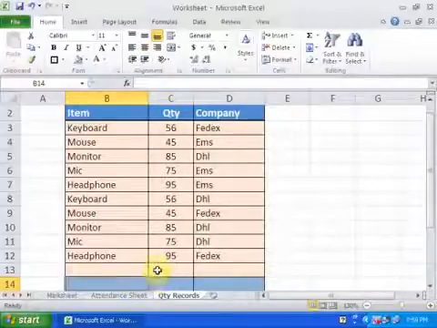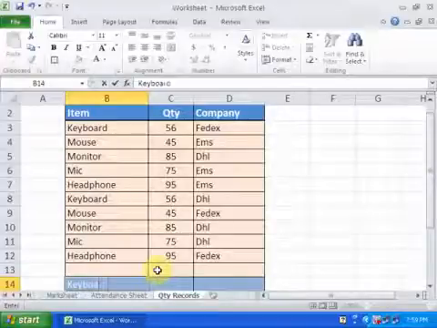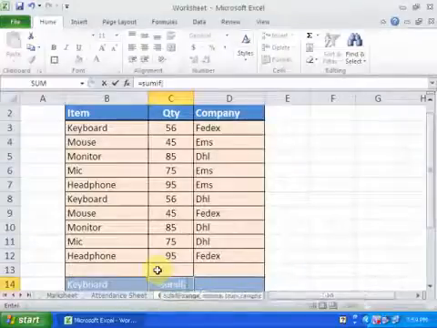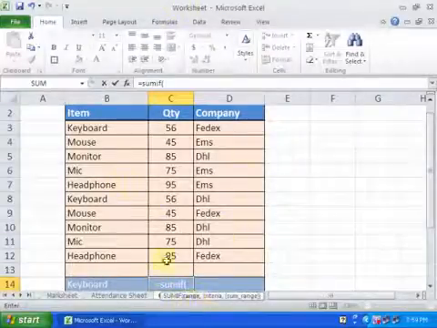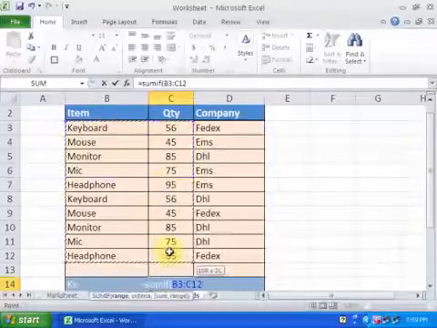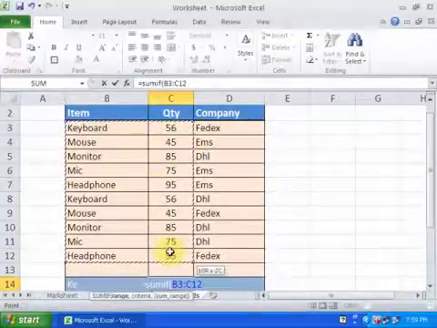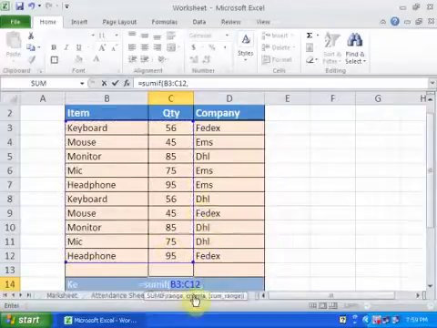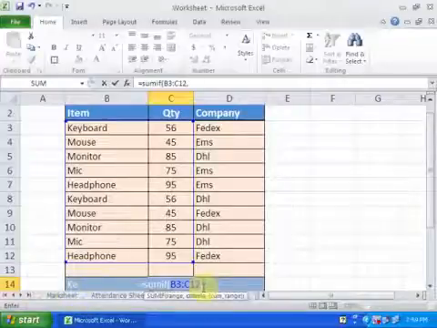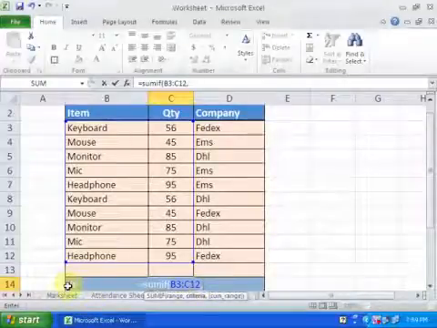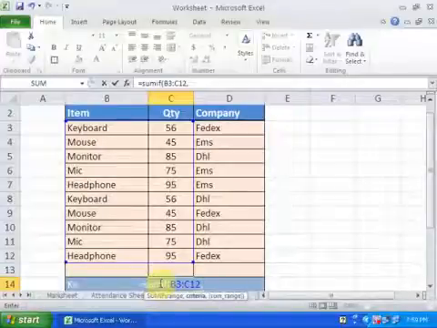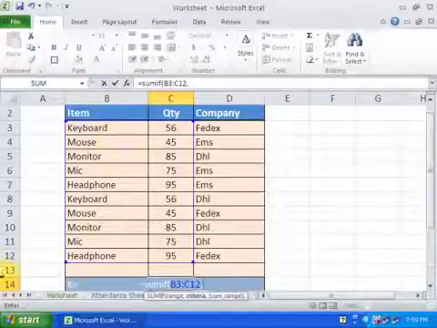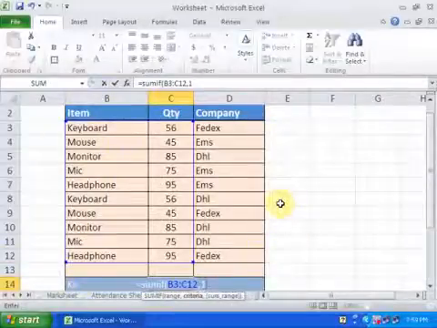Just type keyboard here and type the equals sign, SUMIF function. It will ask you the range. Just select this range which you will use, then comma and criteria. Criteria is if I type keyboard here, then it will calculate the total quantity of keyboard, and this cell number is B14. Just type B14